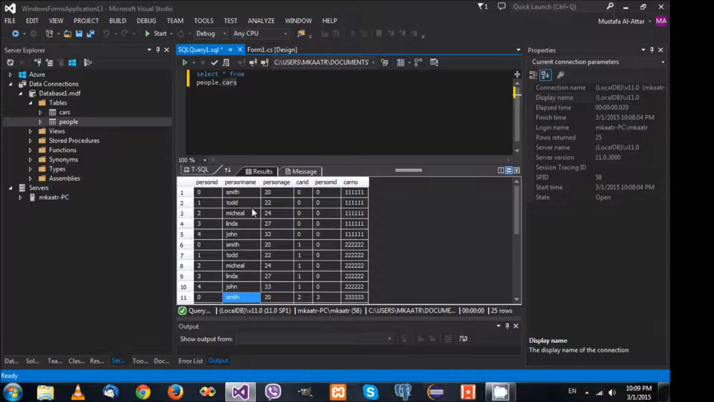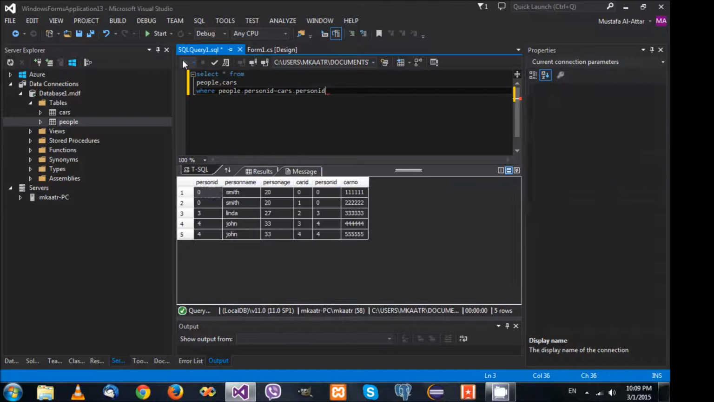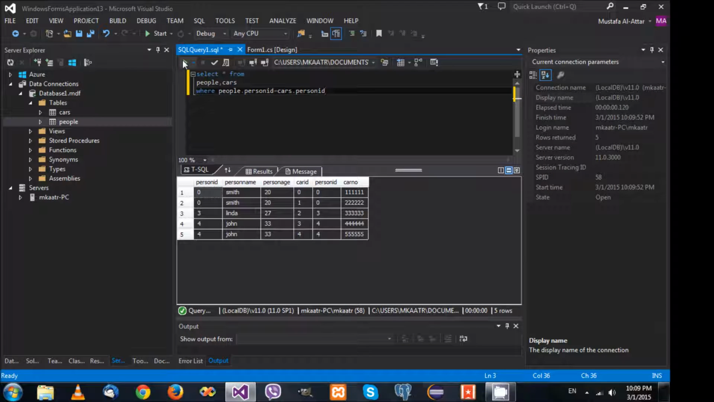But if we want to make things right, this column here, which is in the people column, should equal this one here in the car column. So here, what are we going to do? We are going to add a where statement. We will say where people dot person ID equals cars dot person ID, and we run this, and suddenly we only have how many? 5 records. And here you see that Smith has been linked with the records that he should be linked with